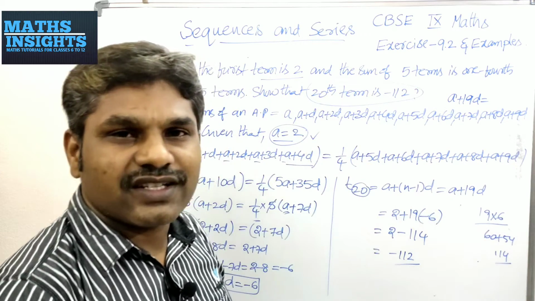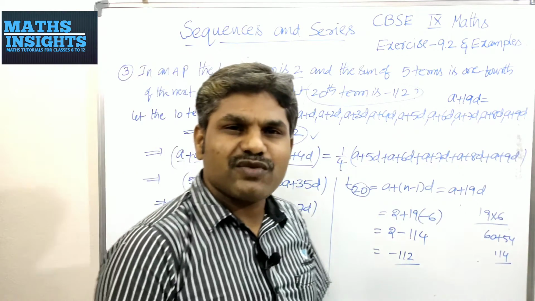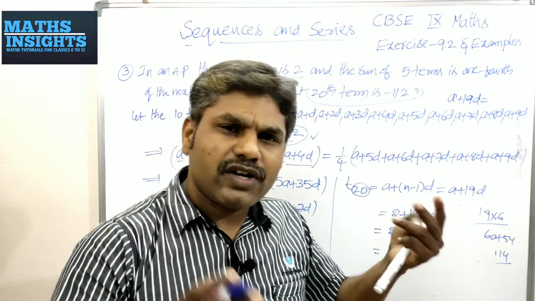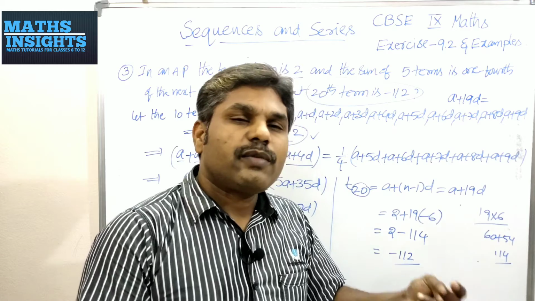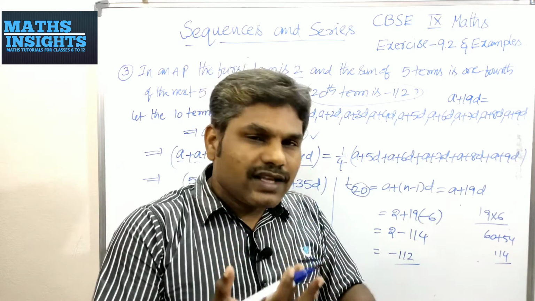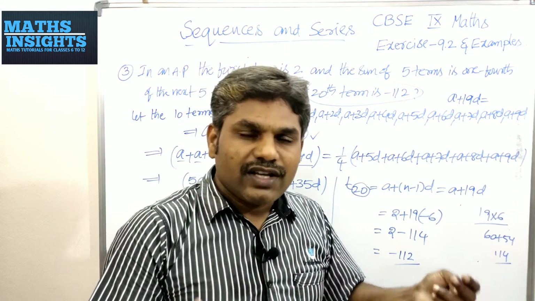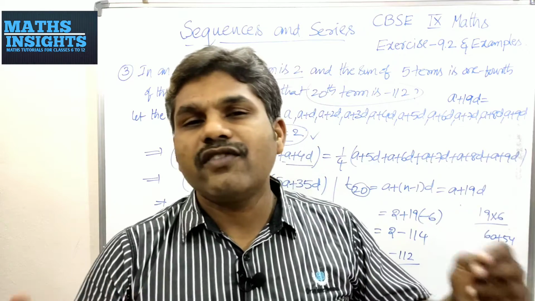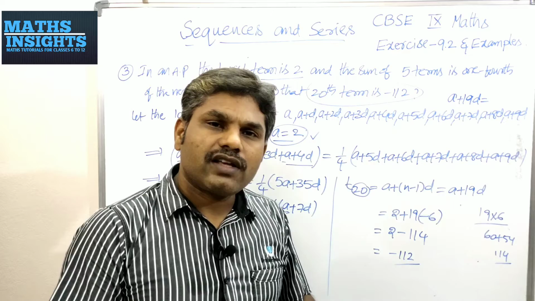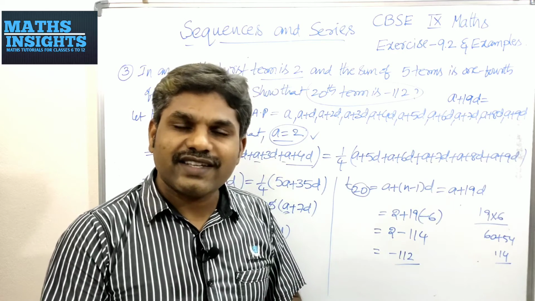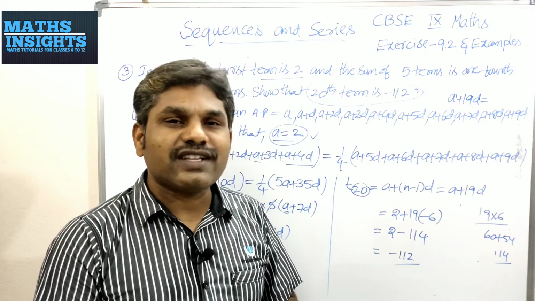Is it or not? You have shown. It's very simple. If you want to find any particular term, a and d values are required. By taking the other data, whatever they have given, you will calculate a and d values and substitute those values in the required formula. You will get the required result. Is it? Yes, you will go to the next one.